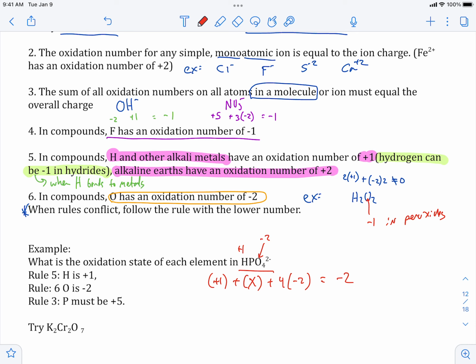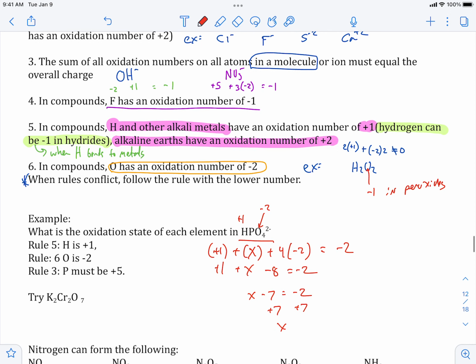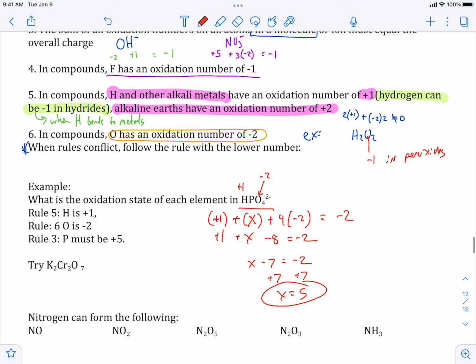All right, so we get +1 plus X minus 8 is equal to -2. Right, so X minus 7 is equal to -2. So add 7 to both sides. X is equal to 5. You don't have to do all that work. I'm just laying it out as an example. Let's try